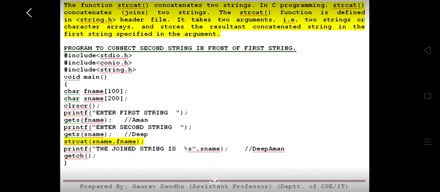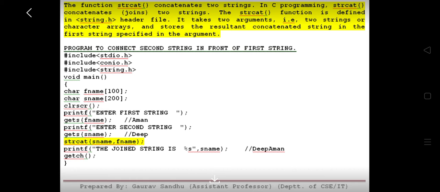So the strcat function has two arguments. The argument which is written on the left hand side will contain its original data, and also the new data which is in the right argument will be concatenated or added to the left argument, and in the end the left argument will be storing the complete concatenated name.